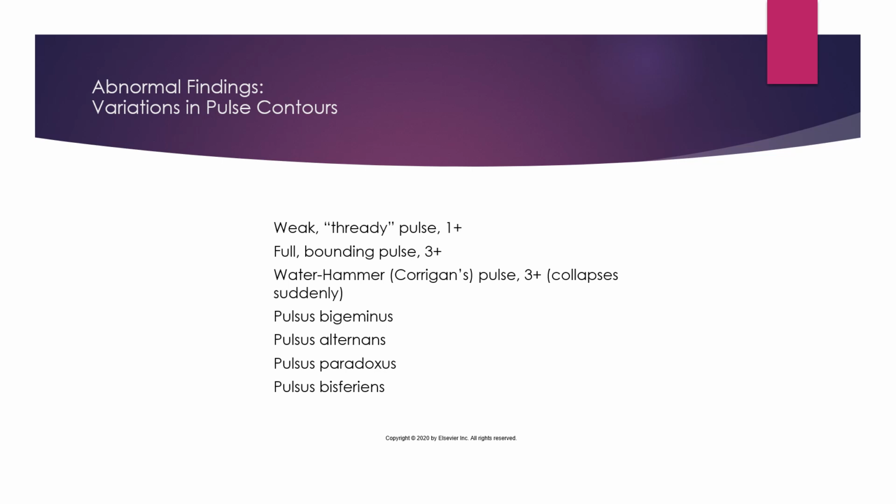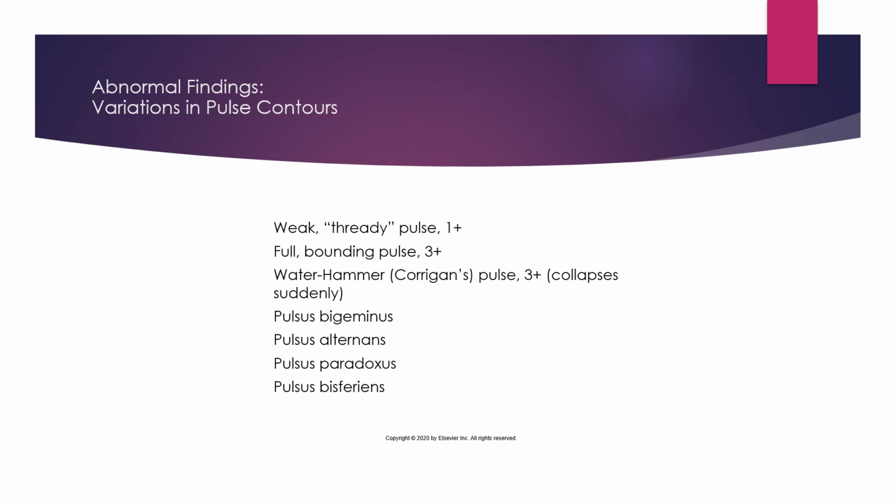Pulsus alternans. This is a rather regular rhythm, but the force varies with alternate beats of large and small amplitude. The next one is pulsus paradoxus. This is when the beats have weaker amplitude with inspiration, stronger with expiration, best determined during blood pressure measurement. The reading decreases by 10 millimeters during inspiration and increases with expiration. You may find this in complications like cardiac tamponade, or if you have patients that have severe bronchospasms and acute